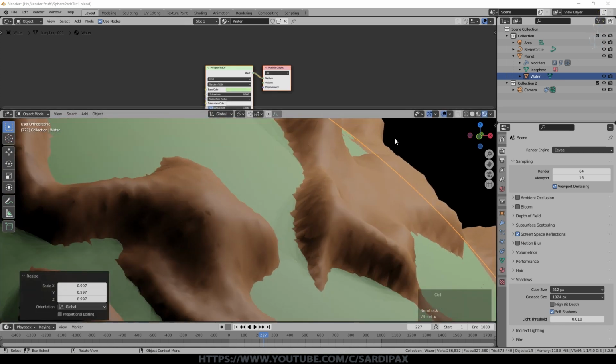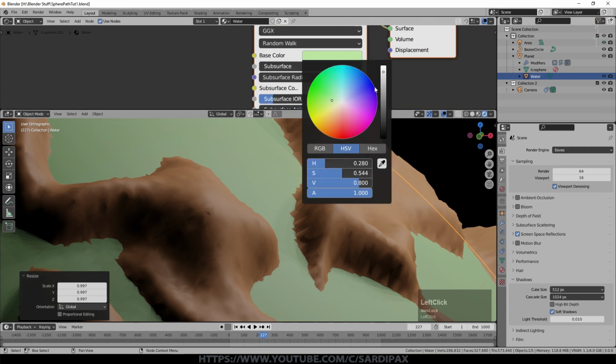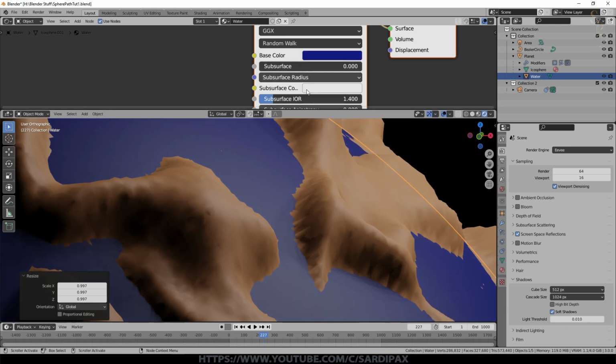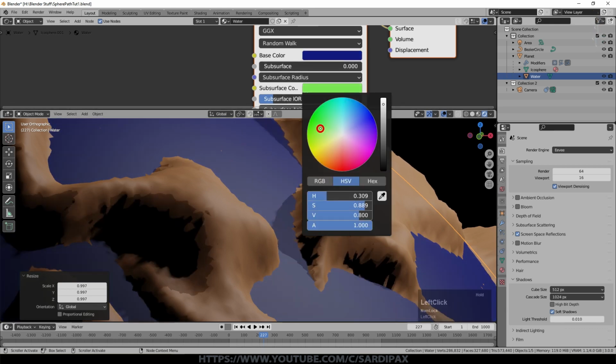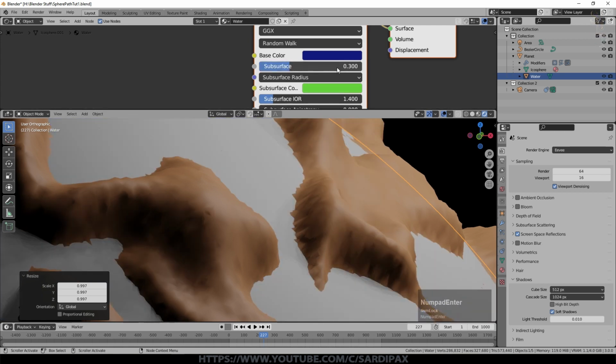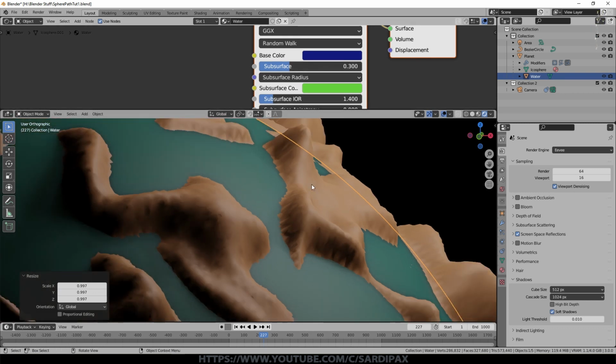Now, just to make the water interesting, I decided to add some subsurface to it. So I'm going to set the base color now to quite a dark blue color. Then I'm going to set a subsurface color which is quite strong green, and I set subsurface to 0.3. You can see Eevee was reloading there, and we've now got a sort of gradient between that blue color and the greeny subsurface color. And you can play around with that.